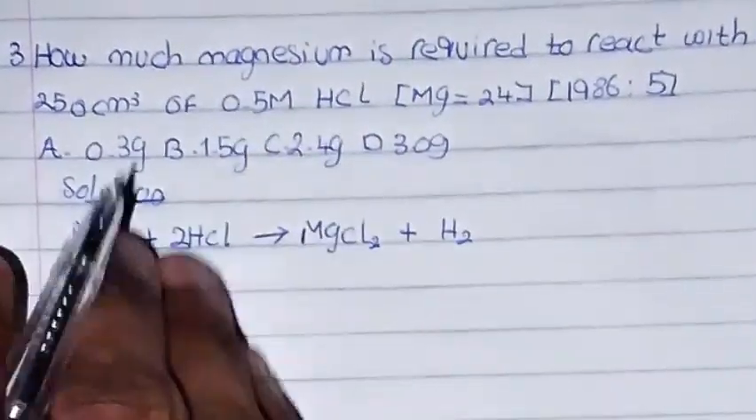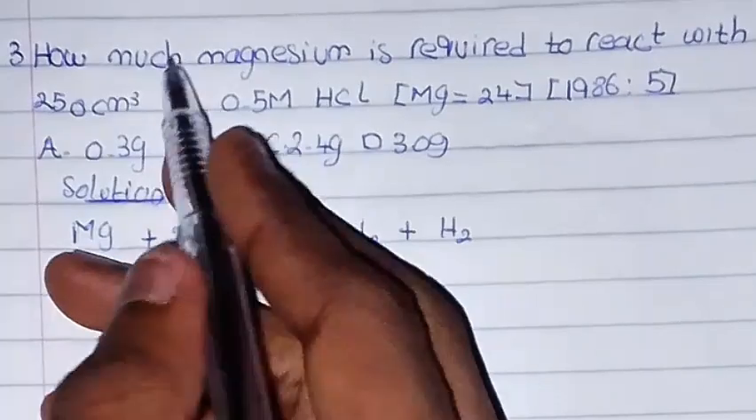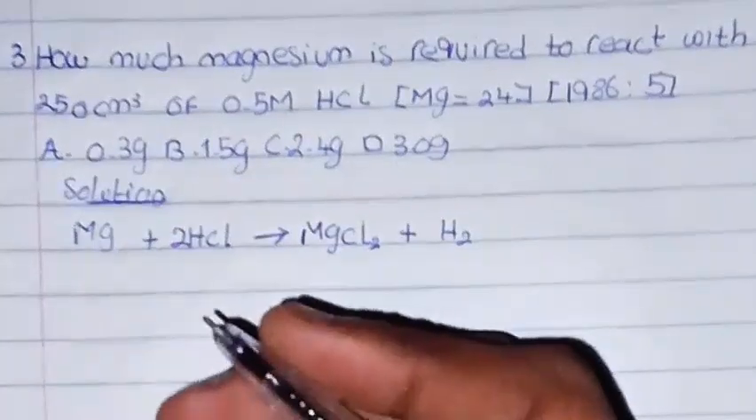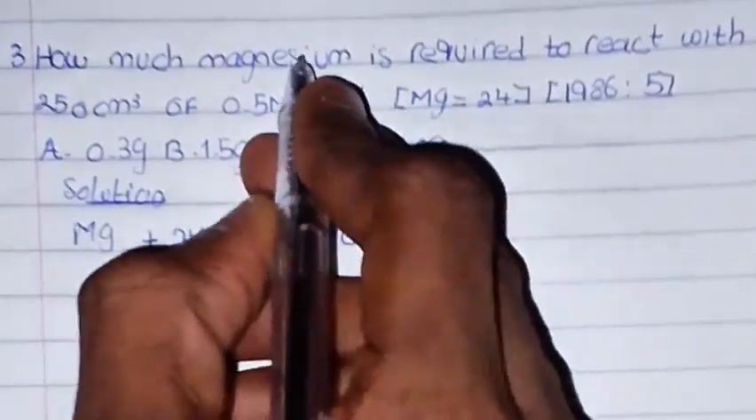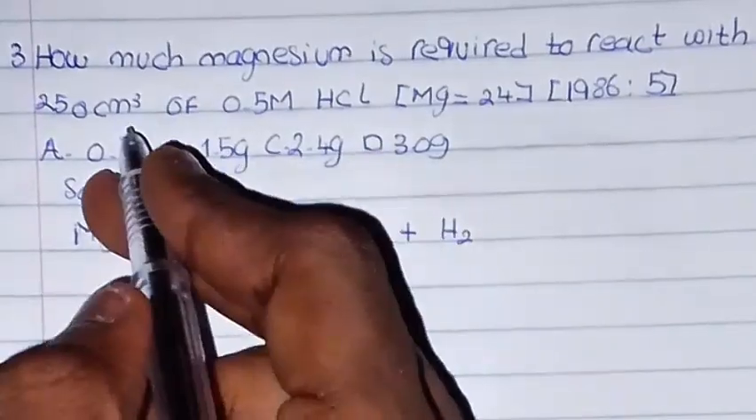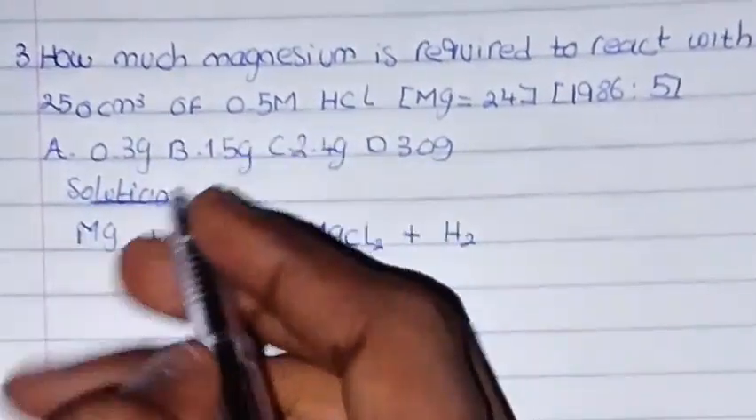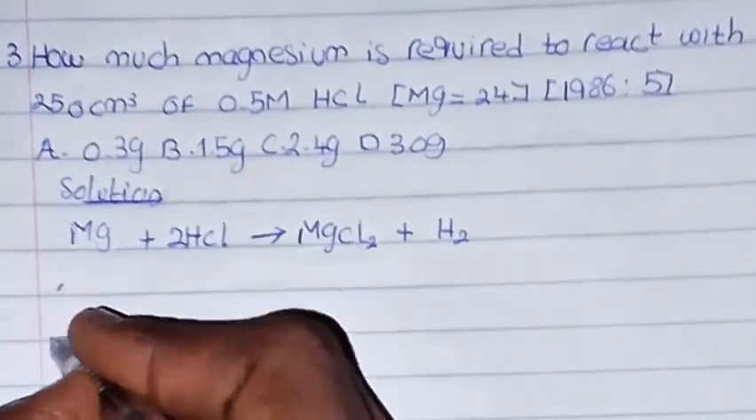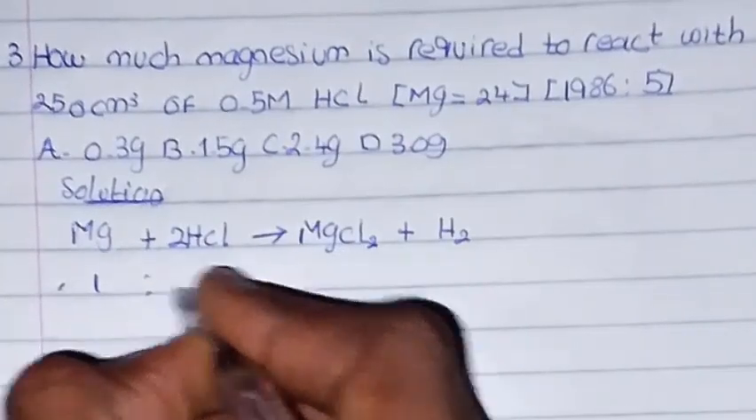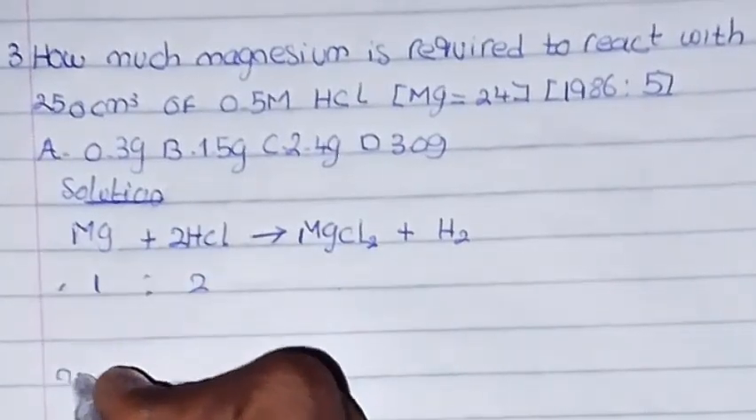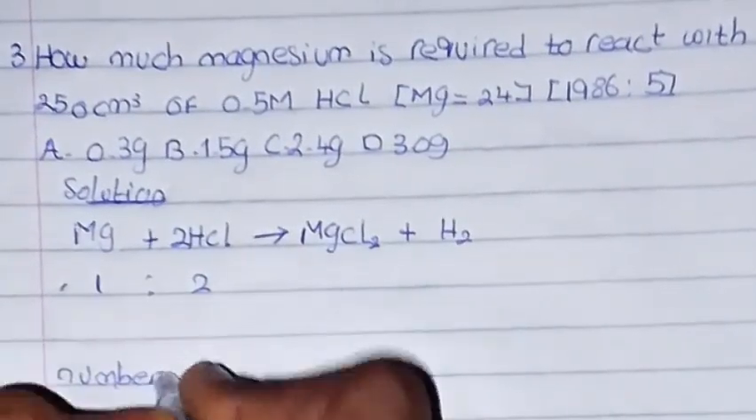Now first, we said how much magnesium. The magnesium that they asked us for is in mass. So this is a representation of a mass to mole relationship. Why is it mass to mole? Because I can find the number of moles of HCl. So the ratio here is 1:2. So let's divide first. So the number of moles of HCl,